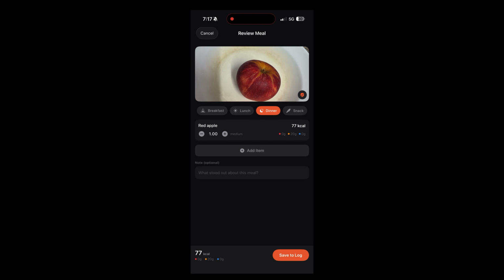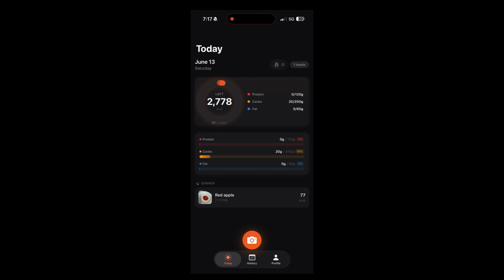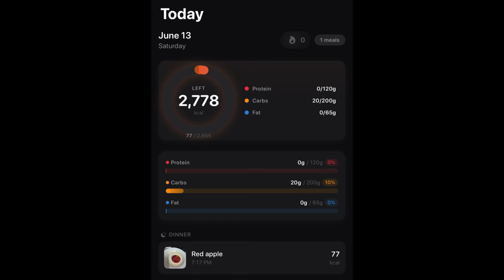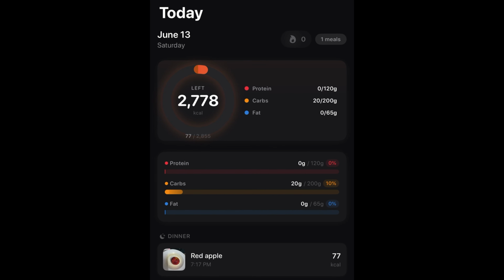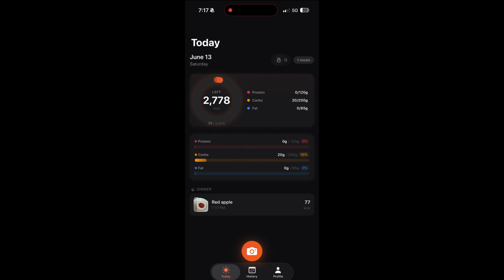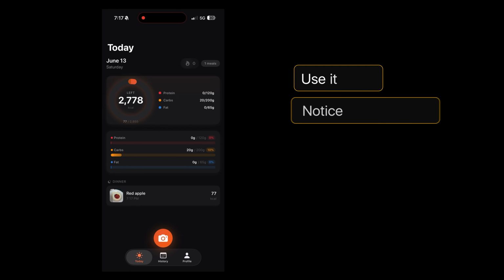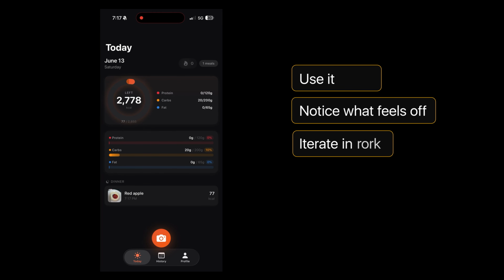So now I'll tap to save to logs, and there we go. The home screen updates immediately. The progress rings fill up, and it shows exactly how many macros we have consumed. And from here, the way you improve a real app is simple. Use it, notice what feels off, then go back to Rork, describe it in plain language, and republish. Each test only takes a few minutes with Rork, and that loop is what makes solo app development actually viable